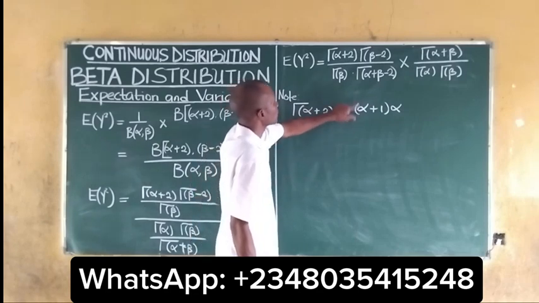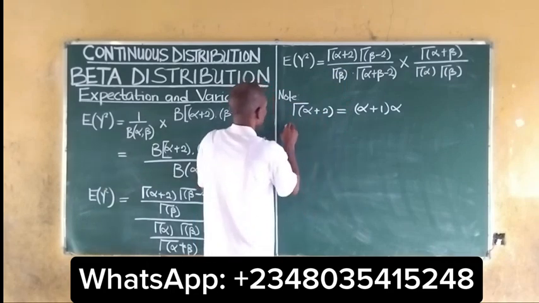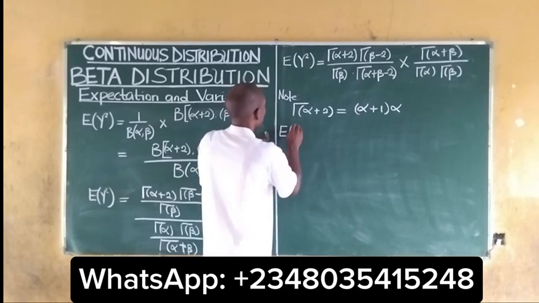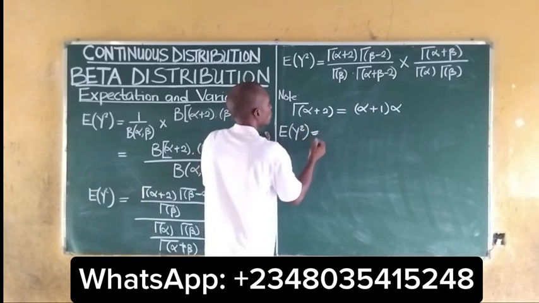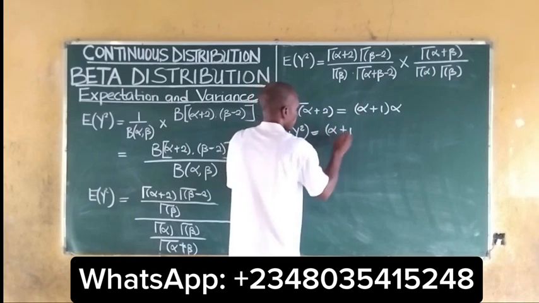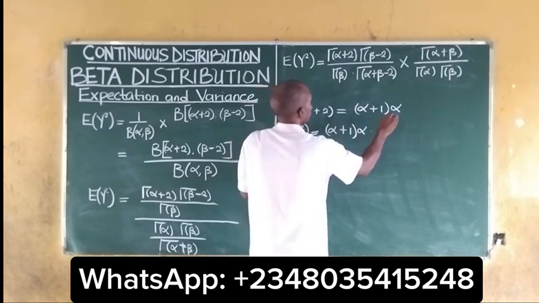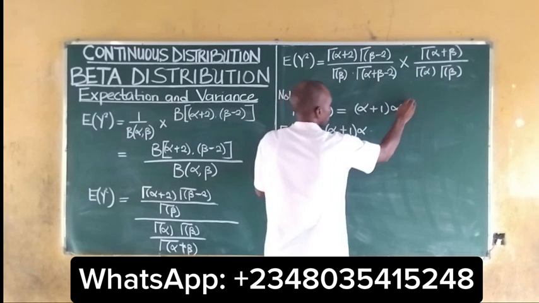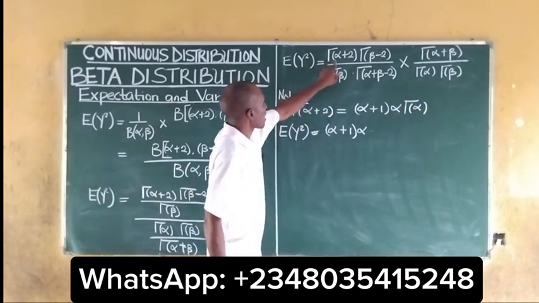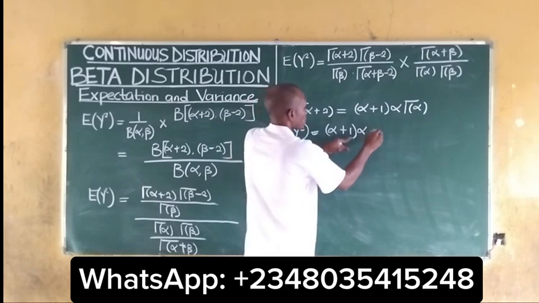So we put the whole of this into this to give our expected value of y squared to be equal to alpha plus 1 multiplied by alpha, into gamma alpha. So our gamma alpha plus 2 will give us the whole of this, which is